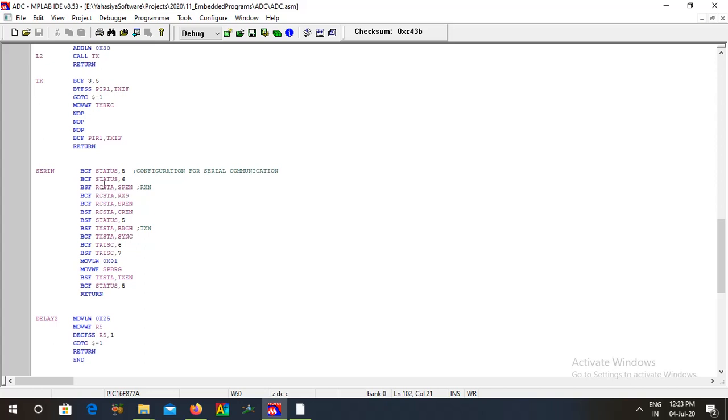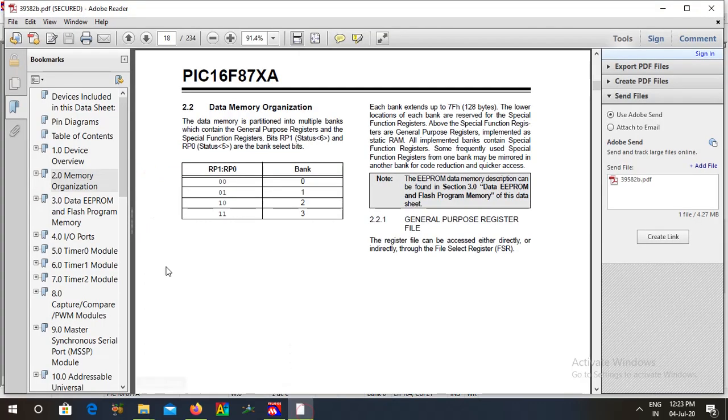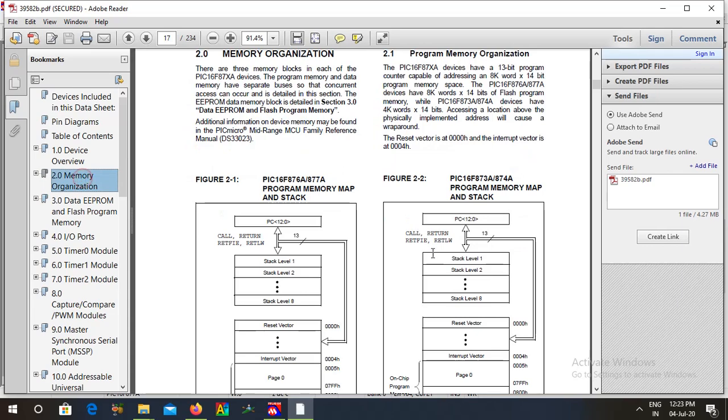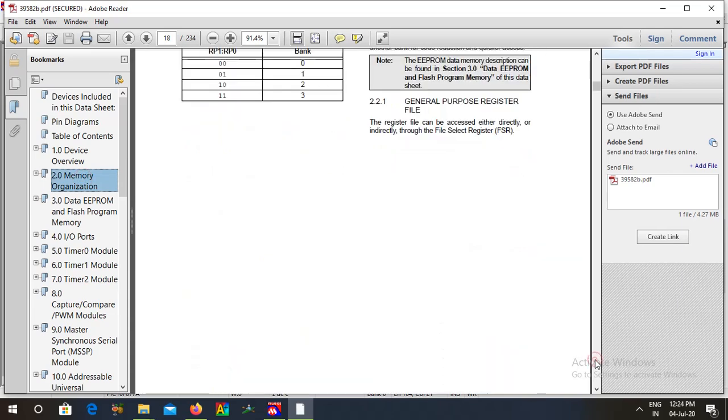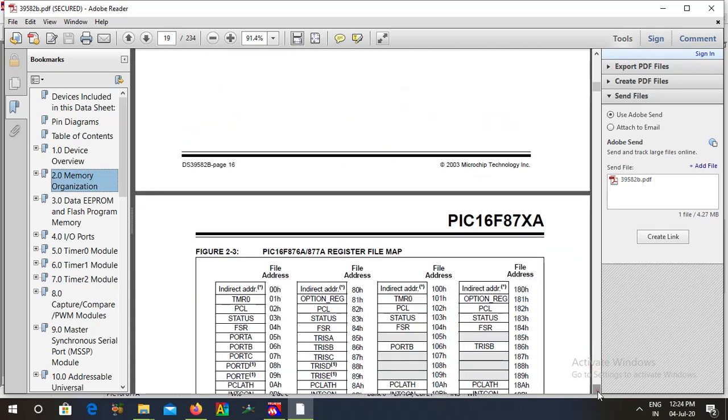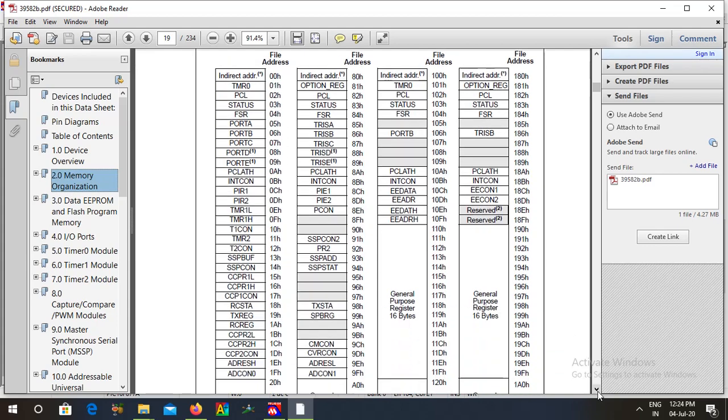Because I am going to access the RCSTA register. This register is present in the bank not. Is that true? Let us check. This is bank not.